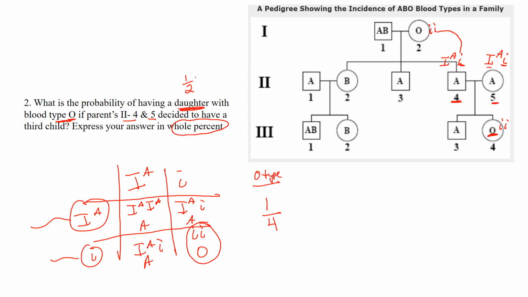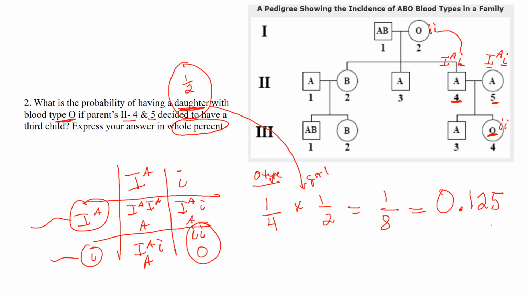Okay, but we have to remember that the probability of having a daughter must be incorporated into this product rule. So to be a girl, that is going to be 1/2. And then we use the product rule. Product rule, we bring them together, multiply the numerators. 1 times 1 is 1, 4 times 2 is 8. And if we put that into a decimal, that's going to be